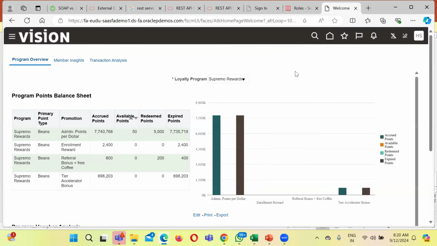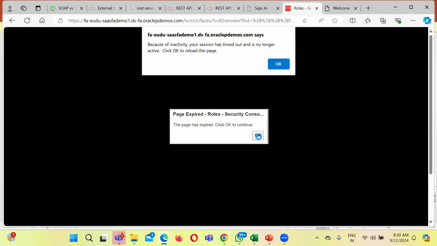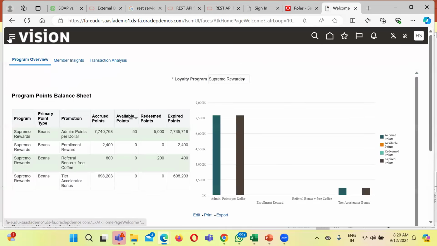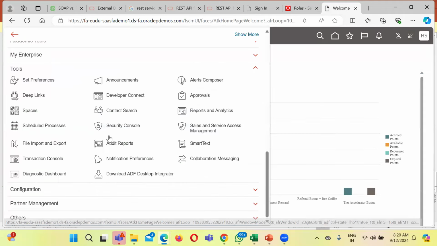And guys, as we discussed, what are the roles, what are the users, what are the responsibilities, how a person gets user credentials, how we can set that. There is a tool called the security console. Everything should be accessed from this. This is called the navigator. Clicking into this navigator, these are the different tools. Some of the tools may be required for a technical consultant, some for functional, some for admin. So we will be covering all the tools which are required for